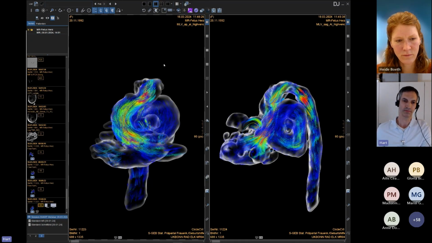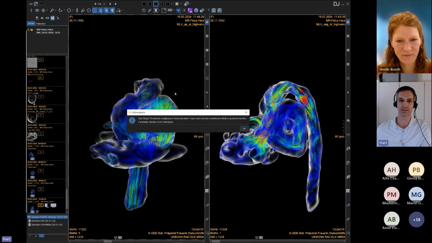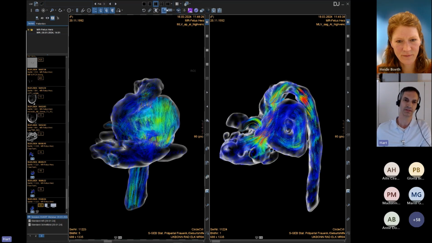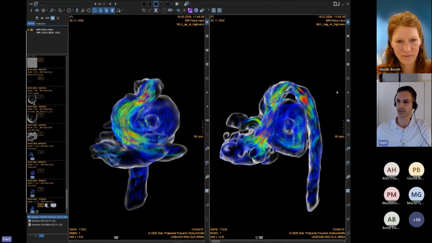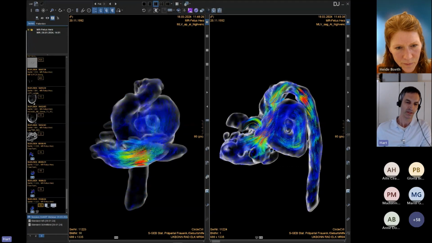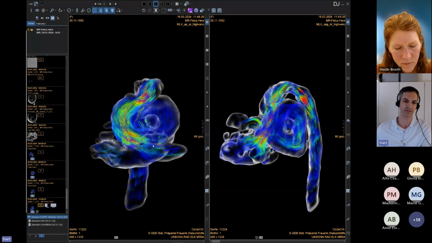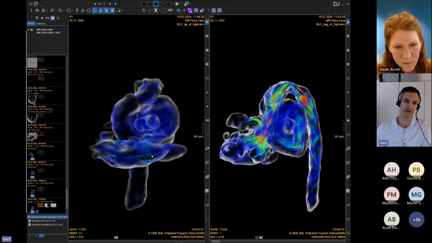I showed you some images of the 4D flow. This is afterwards, of course, the reconstruction. I'm sorry. So I want to show the thing moving. You can see this is the ascending aorta and aortic arch over here, and you have an AP view onto this enormously enlarged left main pulmonary artery and left pulmonary artery. You have regurgitation of the pulmonary valve over here, and this is the right ventricle in the front.